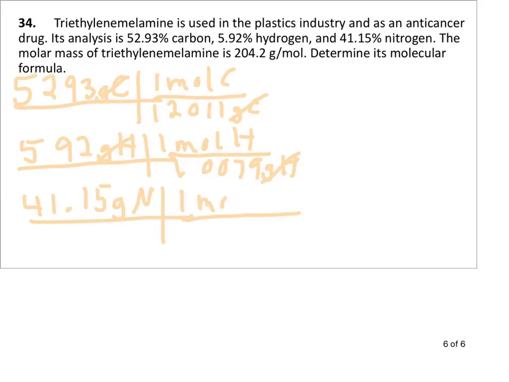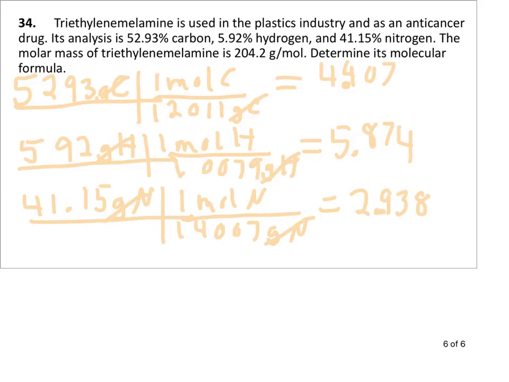And 1 mole of nitrogen is 14.007 grams of nitrogen. Then we go through and do our divisions here, and we get 4.407, 5.874, and